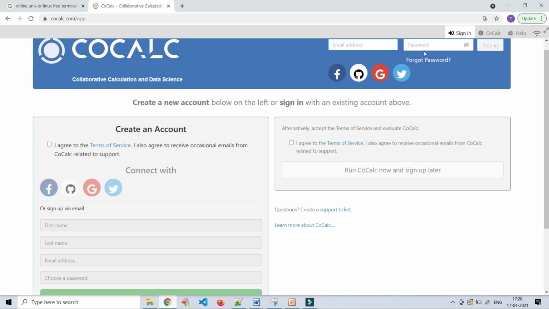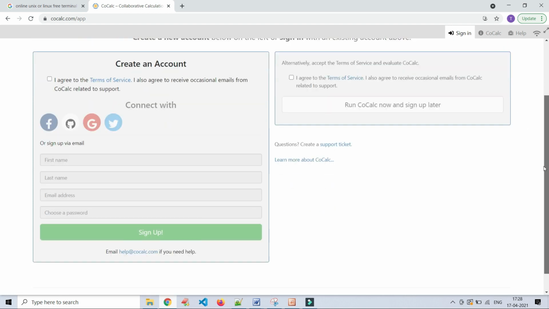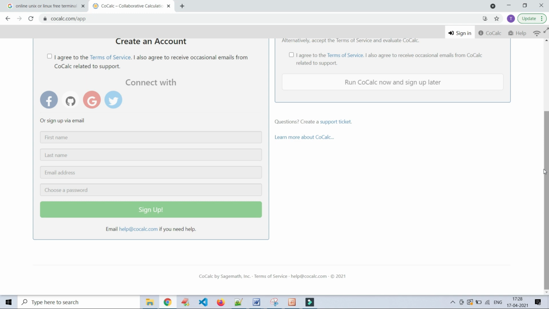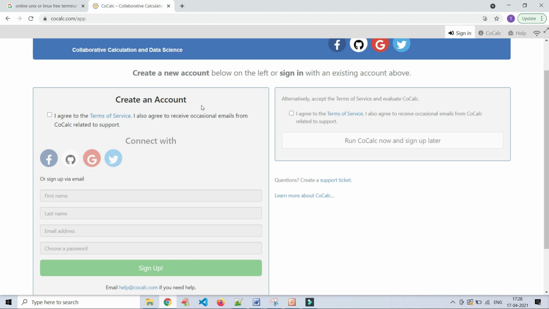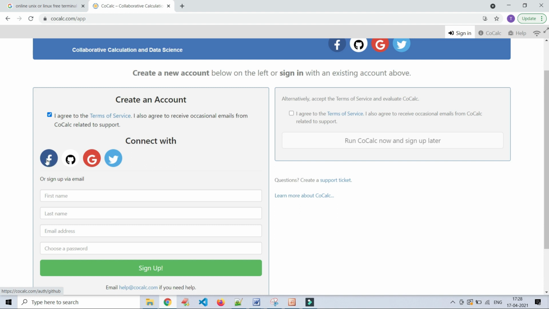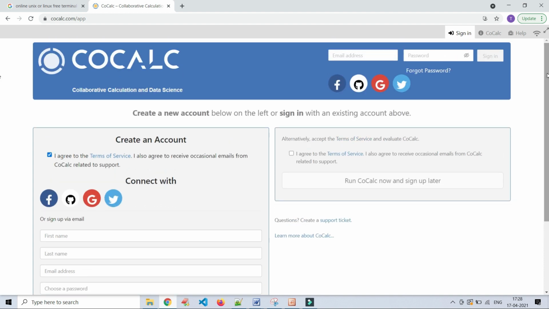Then you can log in with those credentials and start working on the Unix commands. If you have Facebook, Google or Twitter, CoCalc has provided an option for us. Click on this and choose either of the options, and with the same credentials you can log in and continue your practicing. See here another option also, run CoCalc now and sign up later.